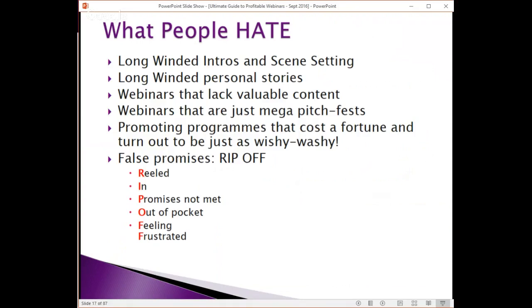And then some of them are nothing more than one big, long, mega pitch fest. That's plain disrespectful. And they're promoting programs that absolutely cost a fortune. And those programs turn out to be just as wishy-washy as the webinar itself. And it all leads to false promises and what I call rip-off. You feel that you've been reeled in, your promises are not met, you end up out of pocket and feeling frustrated. Well, I'm here to end all that, not only because I want to offer amazing value to